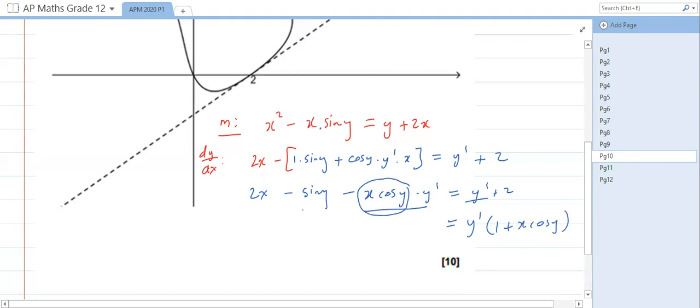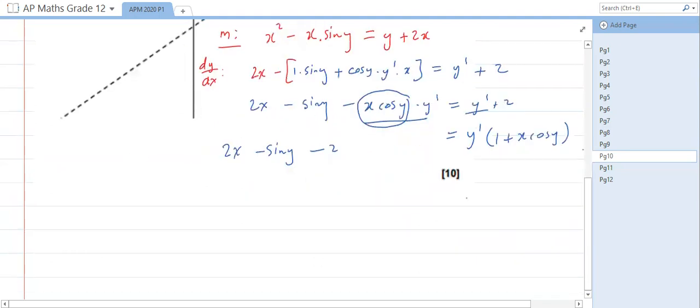All the terms that do not have y prime, take over: 2x minus sine y minus 2. So we have an implicit expression for the derivative: y prime is equal to 2x minus sine y minus 2